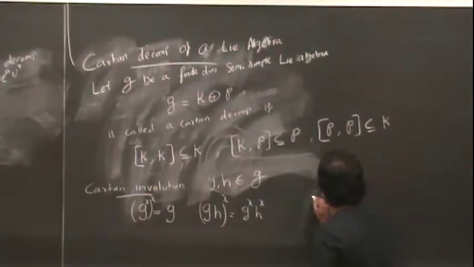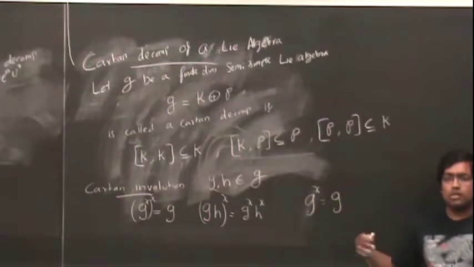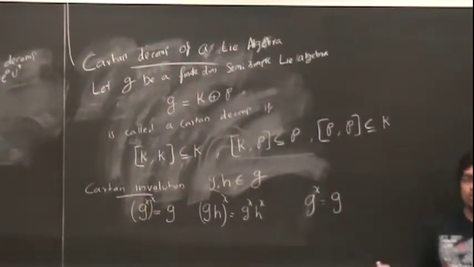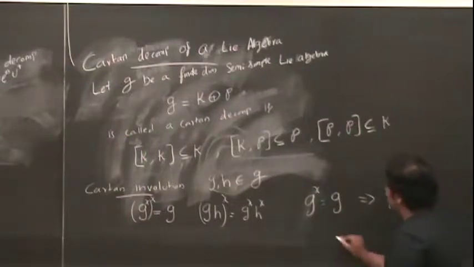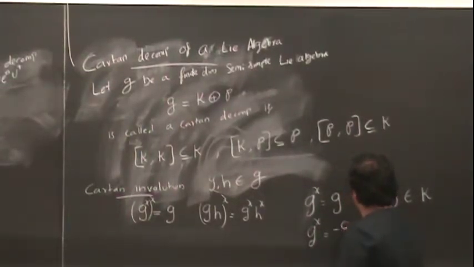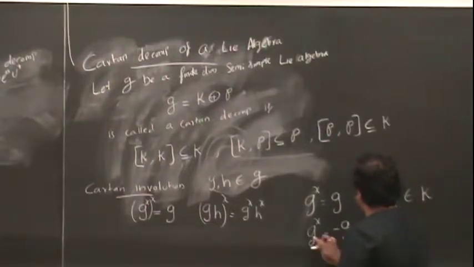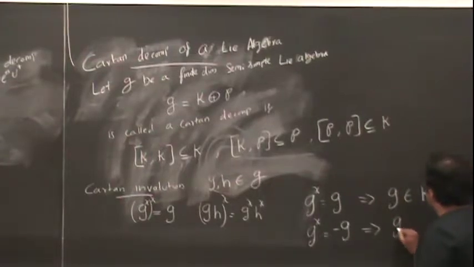So now, if this is true, which means that G is in the +1 eigenspace of the involution or the conjugation, then this implies that G is an element of K. And if this is true, if this is in the -1 subspace of the involution, then